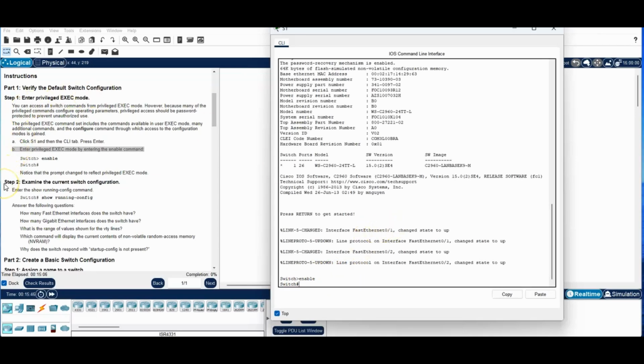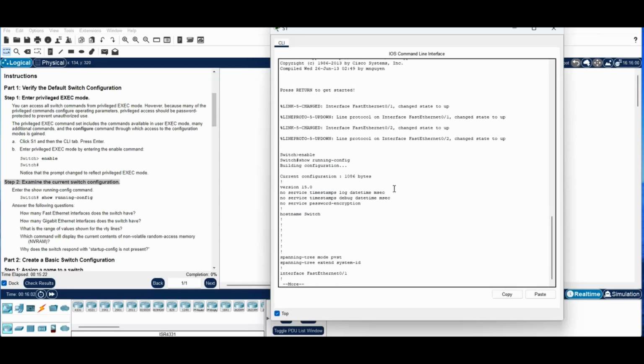For step 2, examine the current switch configuration. So we want to see what the switch is set up for. It says enter the show running-config command. Here's how we do it. We type show running-config and hit enter. And now let's see where that command is. So I want you to see, here's where we typed it, show running-config, and here's the information that it's